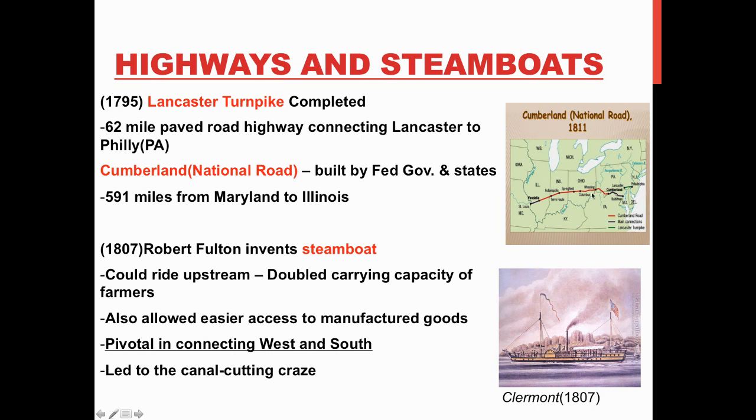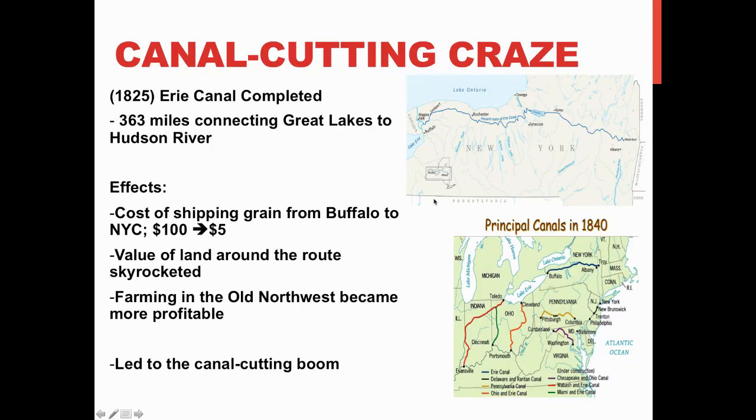The steamboat is key, and now there need to be more man-made rivers that go from west to east so that we can connect all of these western farms with their wheat and their corn to the populous northeastern cities. And so we need canals, and the best example of which is the Erie Canal. The Erie Canal is going to connect Lake Erie all the way over to New York, and in doing so, coming across New York, starting in Buffalo, we now have the 363-mile canal that makes it all the way over